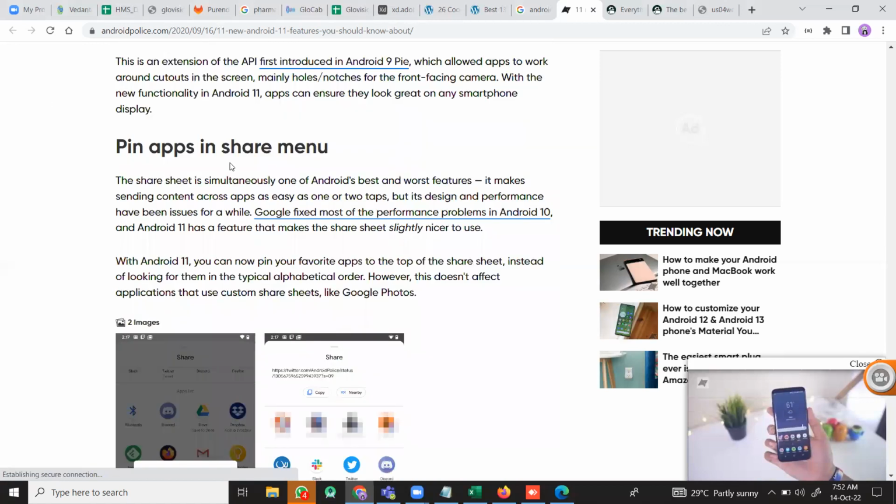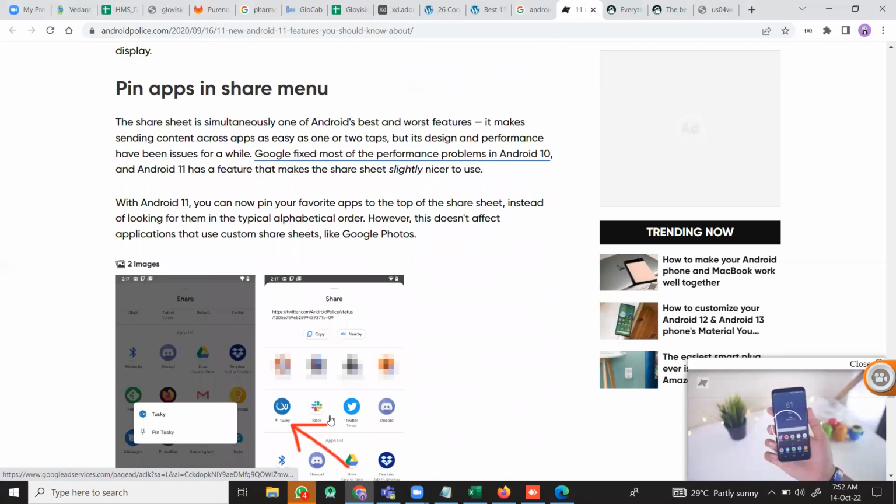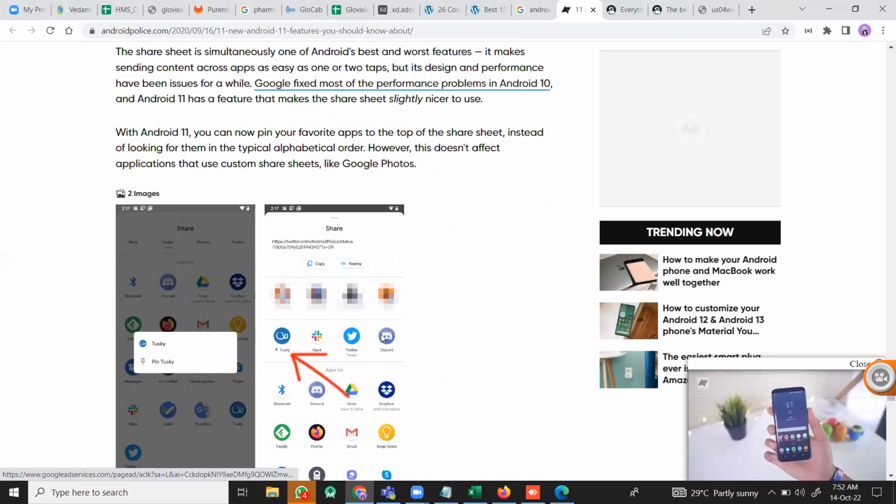And the next is pin apps to share. By clicking on the pinned app, we can share that application with other people directly. Automatically it says that we can share this. So next here is